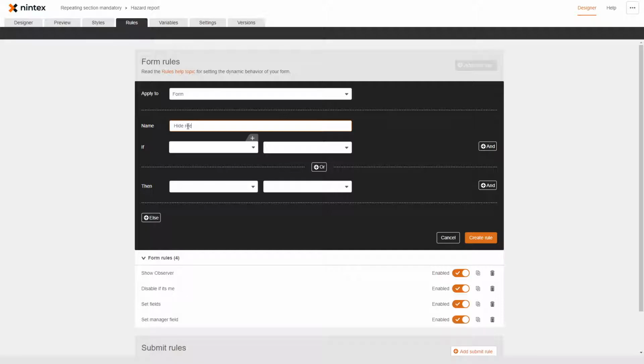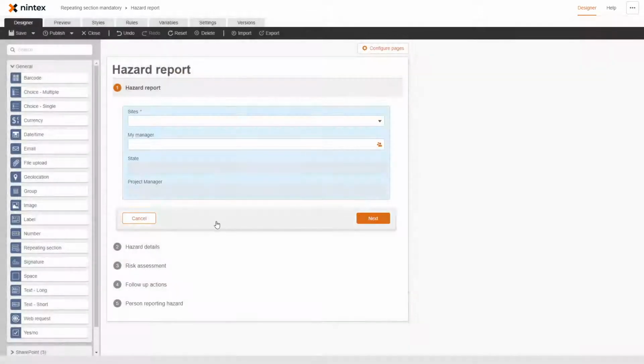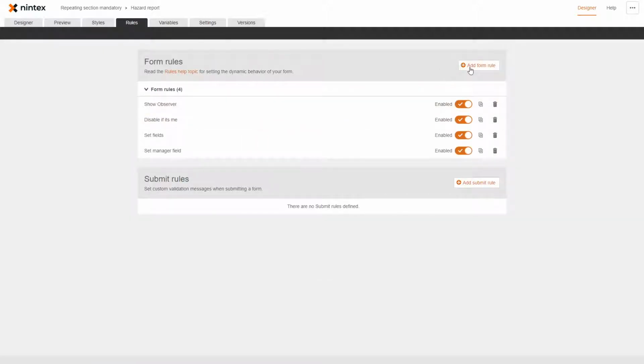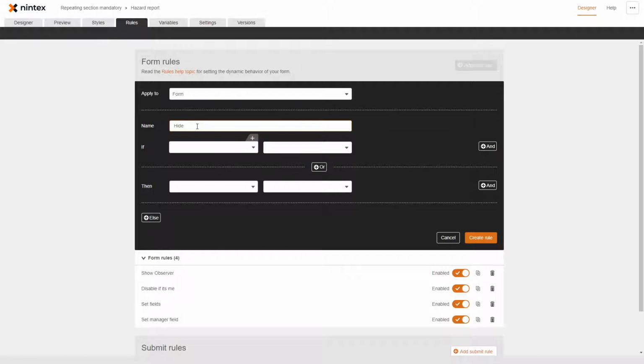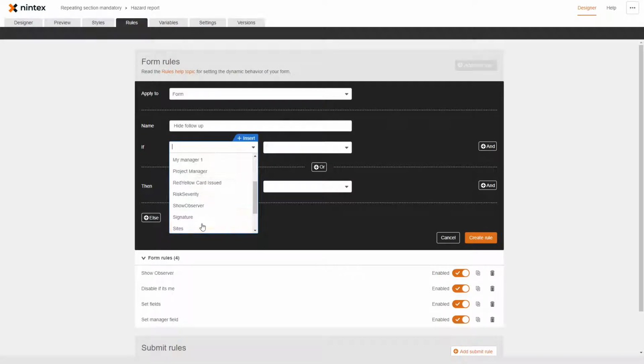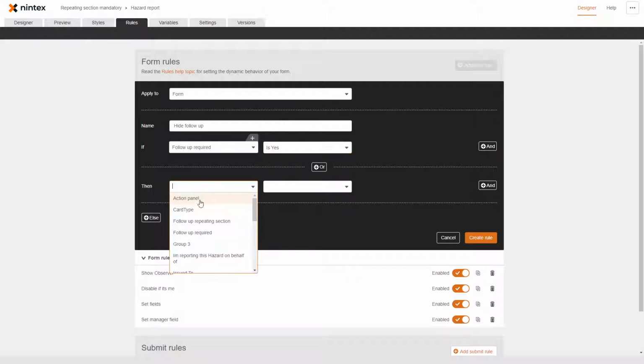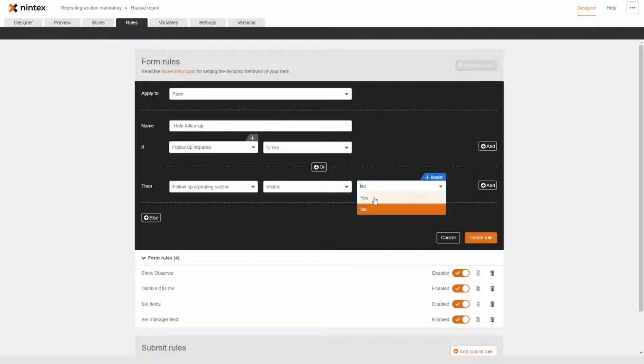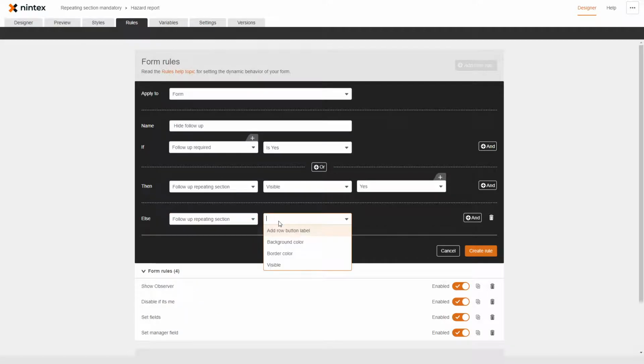and you'll say something like hide. Actually, I didn't give the repeating section a good name, so let's just check follow up. Let's give that a good name. Follow up repeating section. And then we come back to rules and we go add, hide, follow up. And so we say if follow up required is yes, then follow up repeating section visible is yes, else repeating section